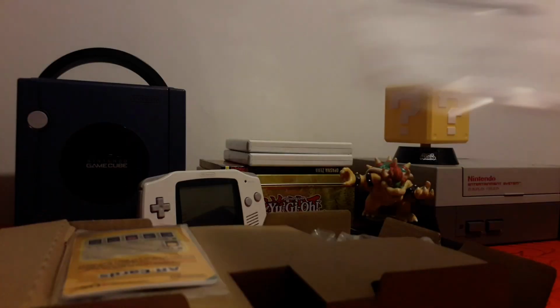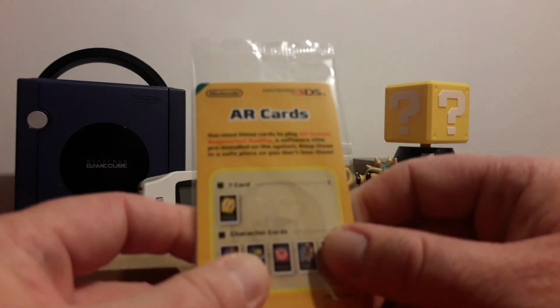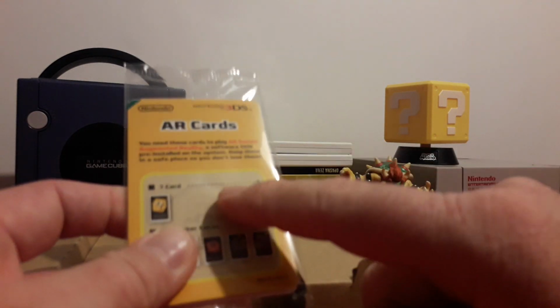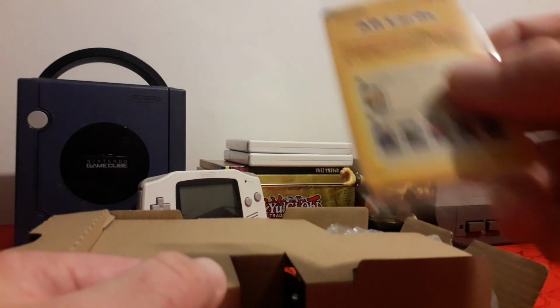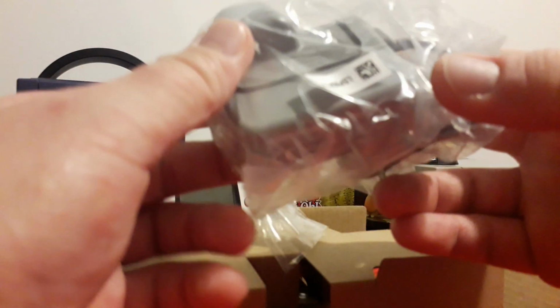I will not open this, it's pretty basic stuff. You have AR cards included. AR stands for augmented reality, and those cards are included with every 3DS or 2DS unit. Interesting fact, those cards work with the 3D effect, which the 2DS doesn't have. So it's kind of funny, kind of silly, but it's nice from Nintendo that they included those AR cards. Other than that, we have the charger, the power supply,